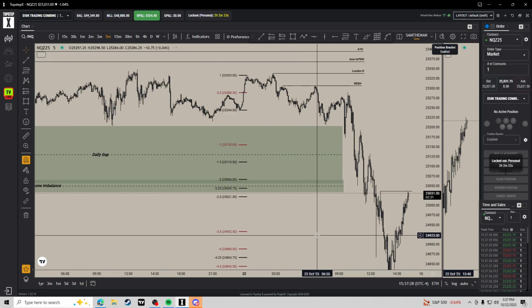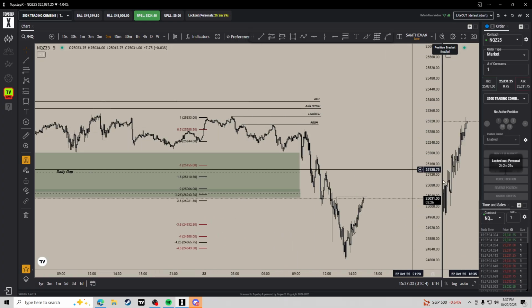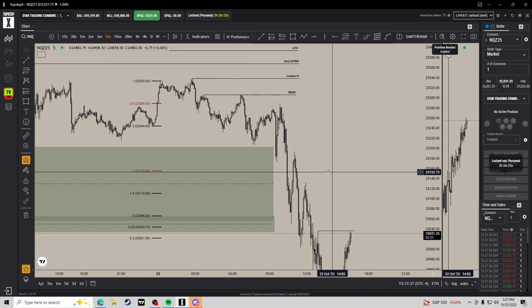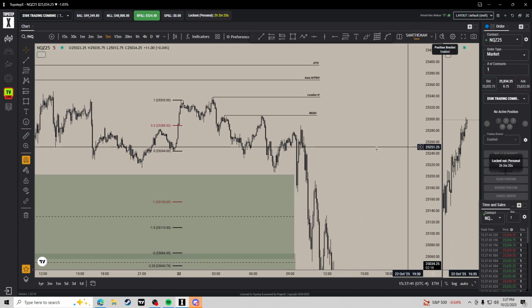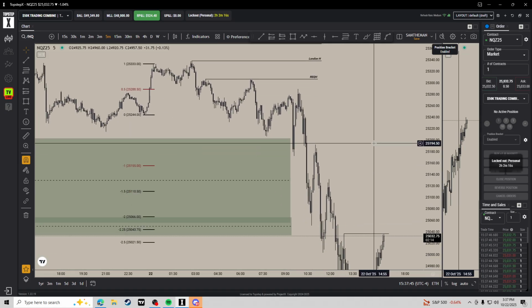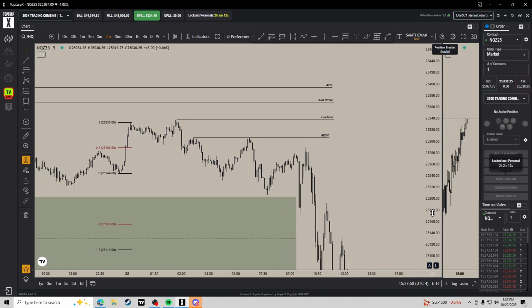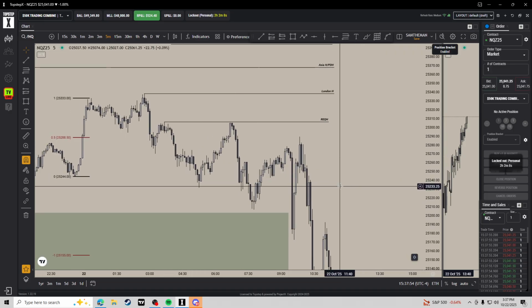But yeah, this is pretty much just like a note for me or anyone that wants to watch this or take notes. These levels are really accurate if you know how to mark them out. They might not be exact. I mean, some are. Some are pretty much exact. But other than that, it's pretty good.